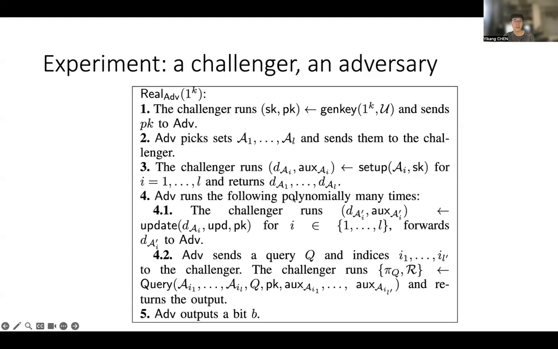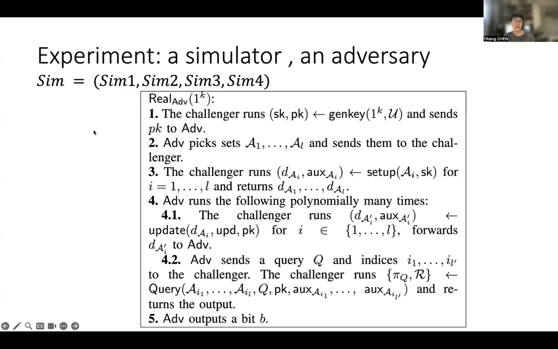Let me explain it more. Here we show two experiments that involve a challenger, an adversary and a simulator. Basically, we don't want any client to distinguish between these two experiments. The first one is view one, which means that we use our ZK-ESA, and the second one is the simulator.